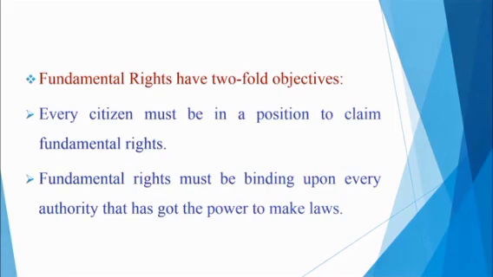Fundamental rights have twofold objectives. The first objective is that every citizen must be in a position to claim fundamental rights. The second objective is that fundamental rights must be binding upon every authority that has got the power to make